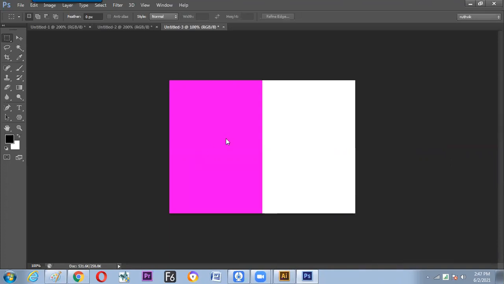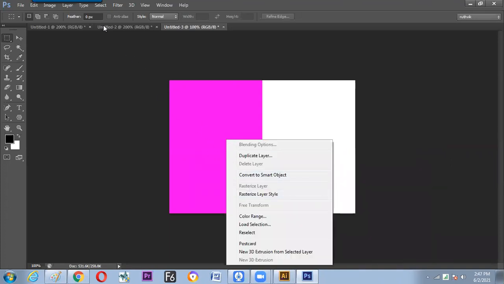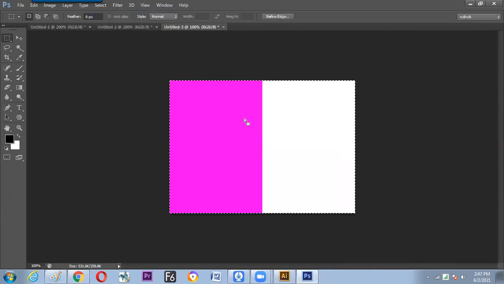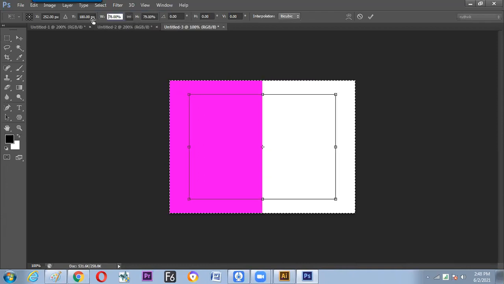Exactly the same way we can scale it from all the sides. So select all, give a right click, transform selection, and there is a simple button over here. Can you see? This is called the lock button. Is it okay? Yes. And get this scrub here. You can see now the whole direction is getting scaled down. What you are doing now, get this button on and get this width and height to scrub together.